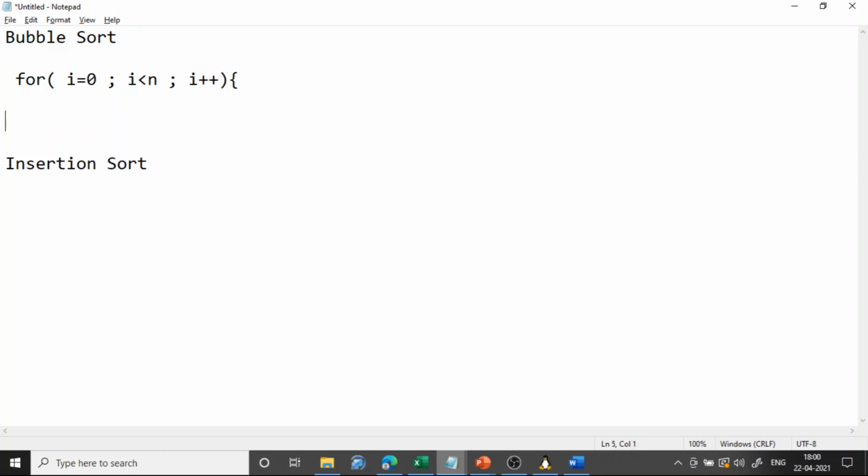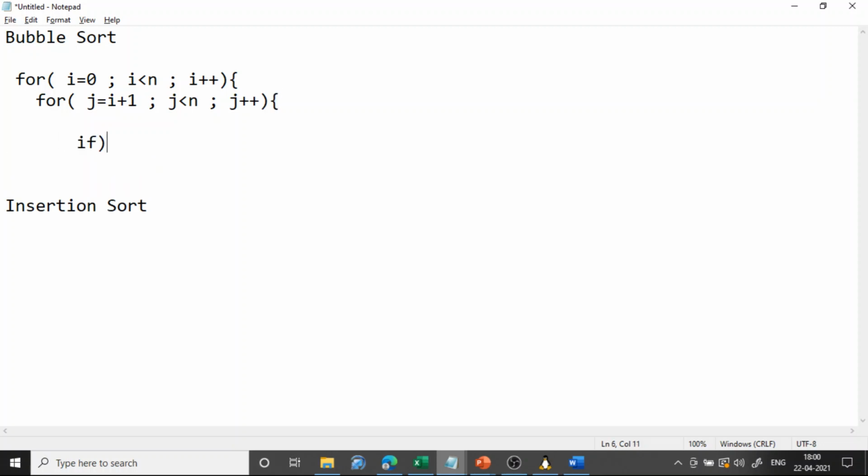Okay, then for j equal to i plus 1. The next element onwards only we compare. j less than n, j plus plus. Okay. If A of i is greater than A of j, then swap.